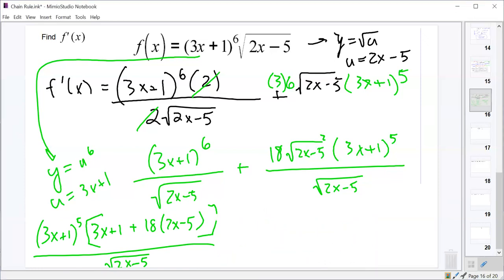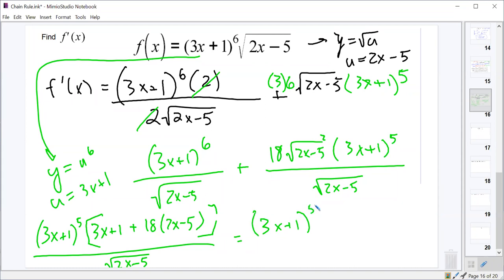What happened to your (3x plus 1) to the 6th? I'm just curious. So we factored out the (3x plus 1) to the 5th power, since they both had it. So when you do, (3x plus 1) to the 5th, which just made it a 3x plus 1 on the inside. So now, sorry, I'm just trying to move that over so I didn't have to put this all on the